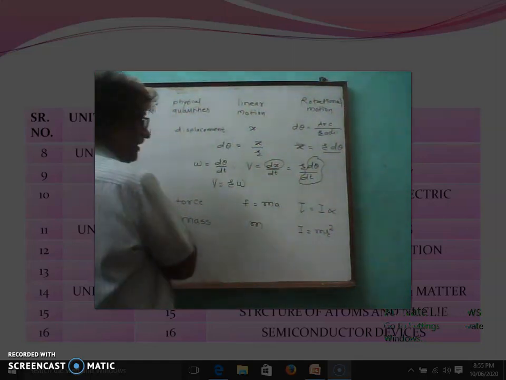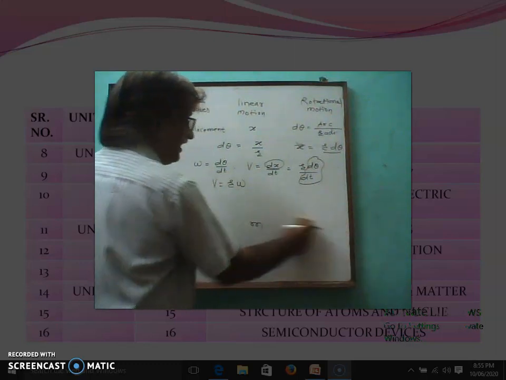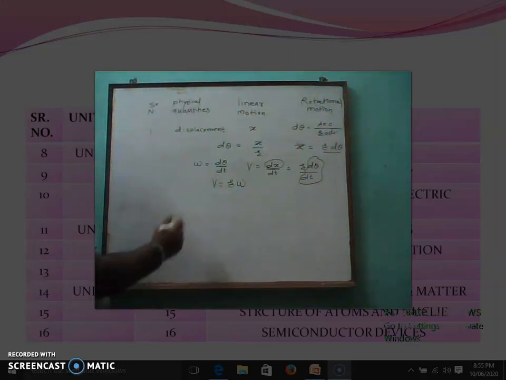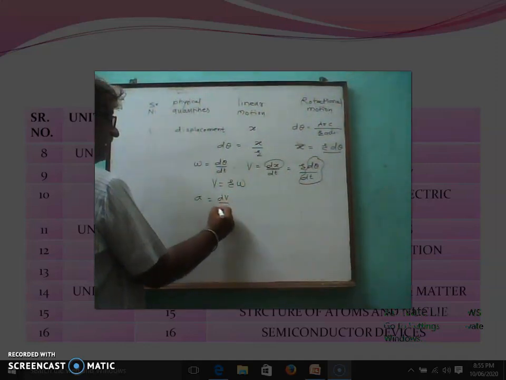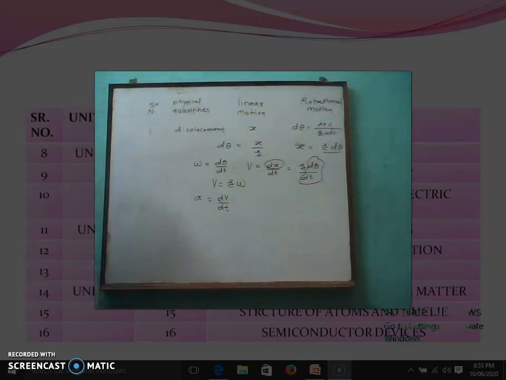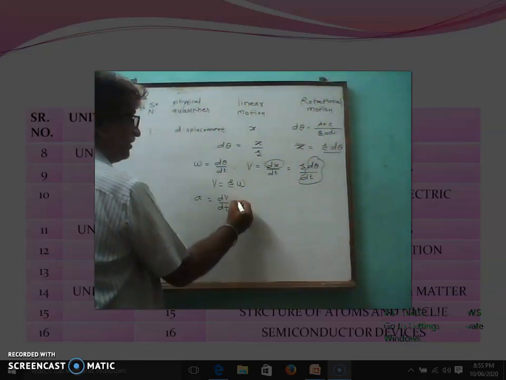The third relation will be between linear acceleration and angular acceleration. Linear acceleration will be a equal to dv upon dt, the rate of change of linear velocity with time. We know that v equal to r omega, so it can be